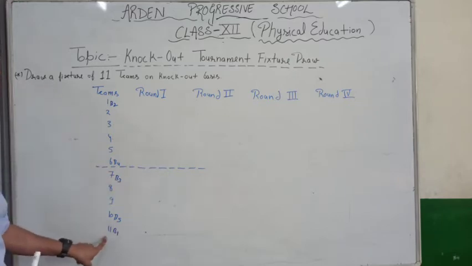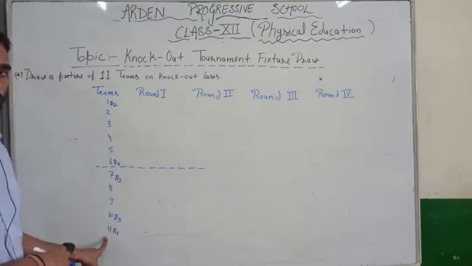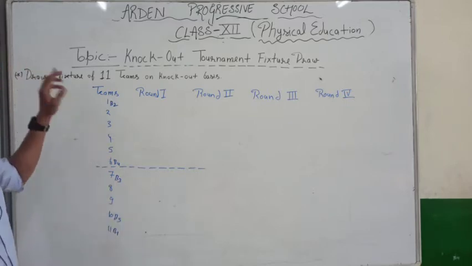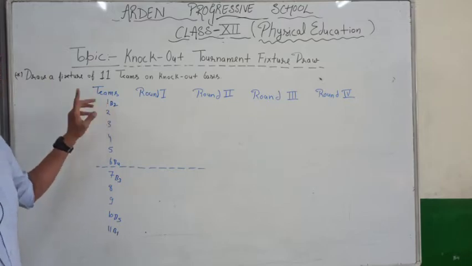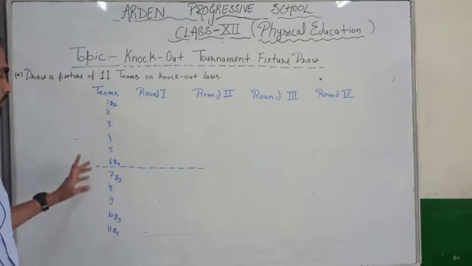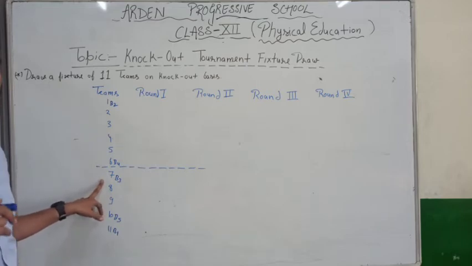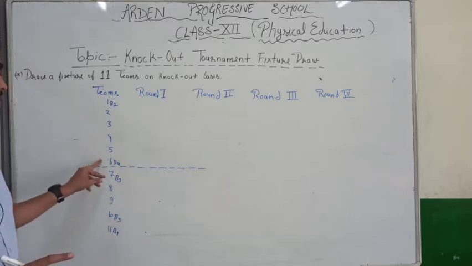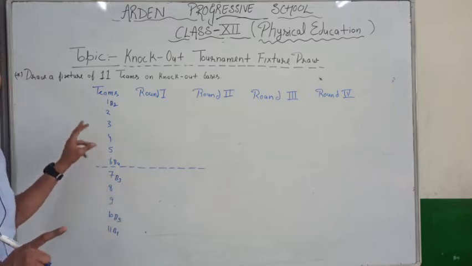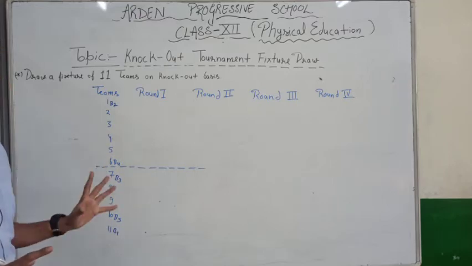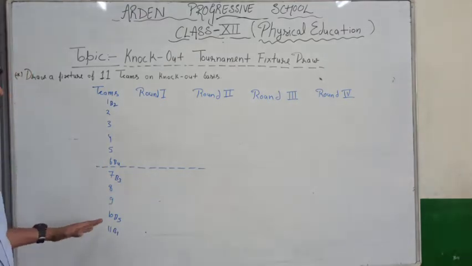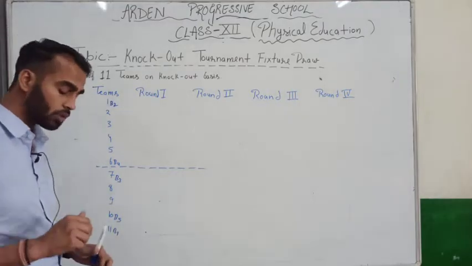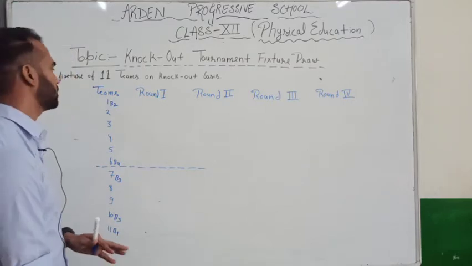So we give all byes to the teams in this fixture. The first bye we give in the lower half, last team, 11, so bye 1. The second bye, upper half first number of team, bye 2. The third bye, lower half first number of team, 7, so bye 3. The fourth bye, upper half last number of team, bye 4. And the last bye, lower half second last number of team, bye 5. Okay, class.